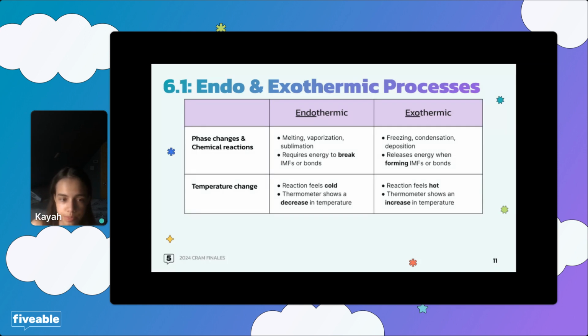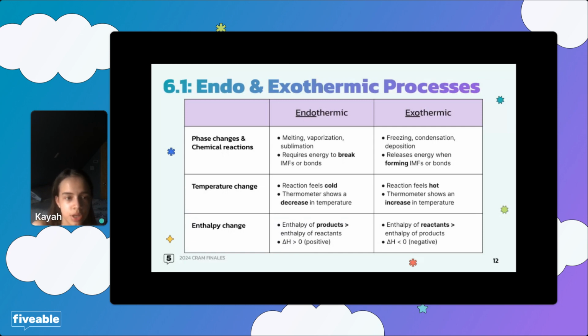again, because that heat is flowing into the system from the surroundings. On the other hand, with exothermic processes, the reaction feels hot because heat is exiting from the system, right? So it's kind of like standing next to a radiator, right? If it's on, it's kind of like exothermic, not really chemically, but it could be considered exothermic because heat is exiting, right? So it feels hot, and thermometers will show an increase in temperature. So the surroundings will feel warm, even though the system itself is becoming cooler. The surroundings feel hotter because of that exiting of heat.